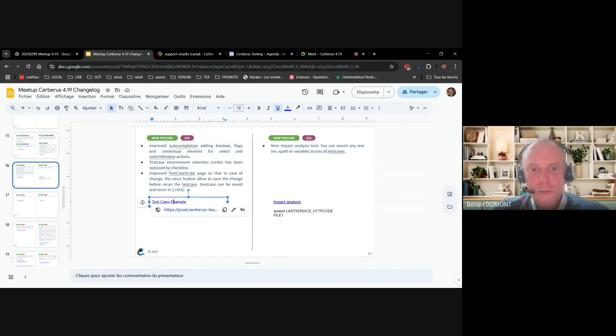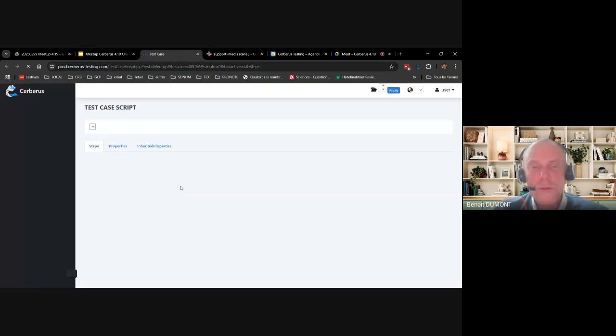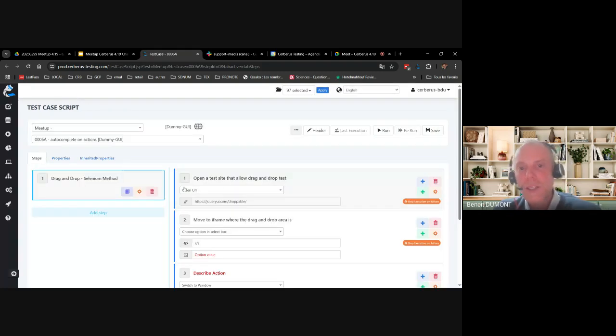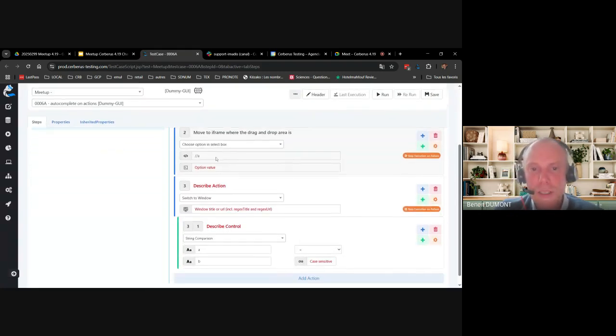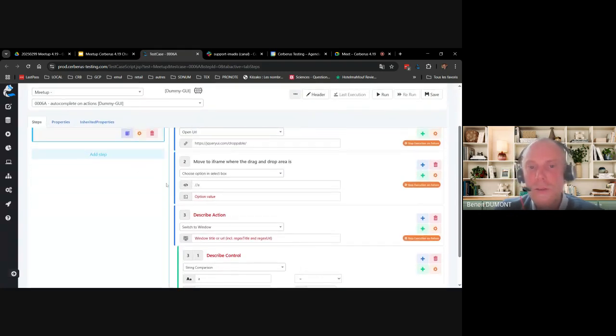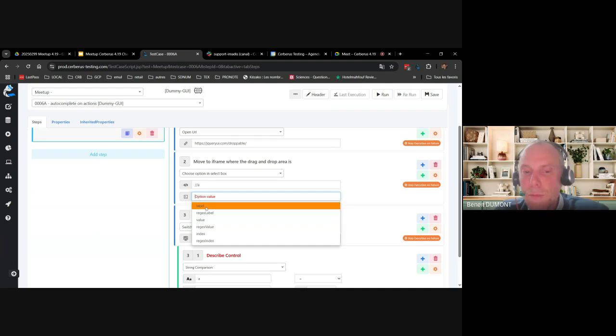Quite a few improvements also on the test case script page. First one is that some auto completion has been improved, so it's a lot more contextual. For instance, if I'm on the select box and I want to choose an option from a select box, Cerberus will propose only the syntax that makes sense with the context of the select box.